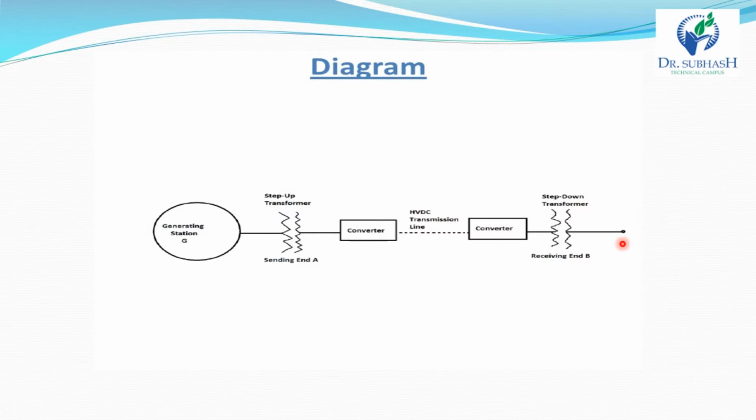At the generating substation, AC power is generated, which is converted into DC by using a rectifier. This is the HVDC substation or converter substation. A rectifier and an inverter are placed at both ends of the line. The rectifier terminal changes AC to DC, while the inverter terminal converts DC to AC. The DC flows through the overhead line to the user end. Again DC is converted into AC using the inverter placed at the converter substation. The power remains the same at the sending end and receiving end.